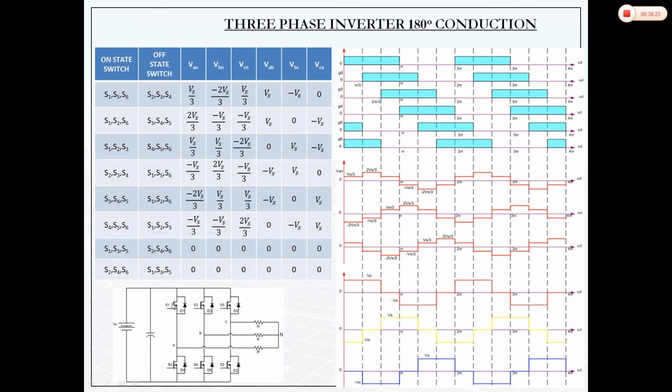So if you compare G1 and G4, this is G1 and this is G4. You can see there is some common point here. Because the switches take time to turn off, if for example switch S1 is not completely turned off and you have turned on the S4 switch, then for a very small duration of time both switches are turned on together. So both switches are conducting together.